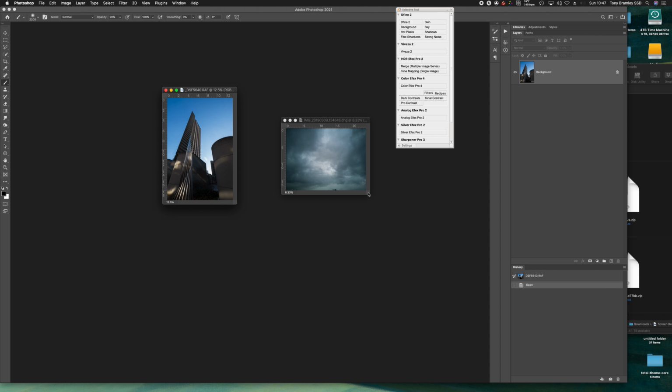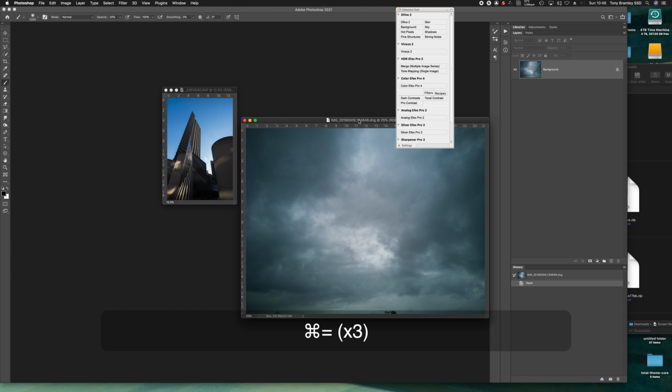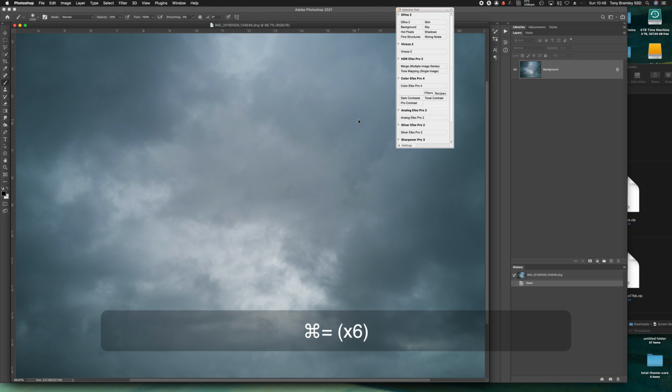I do carry my phone around all the time, as we all do, and I have 40 megapixels RAW available on it. So if I see a good sky, out it comes and I take a shot. I'm just keeping an eye on highlights so that we have got a sky that's worth using. They come in as DNG files, so they are very big files, as you can see here, which is what